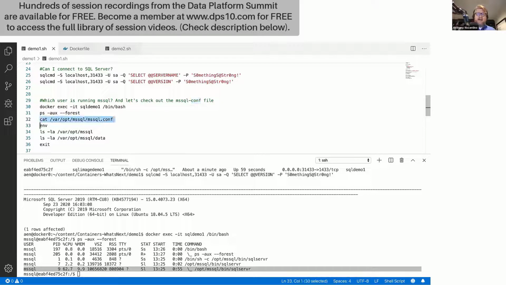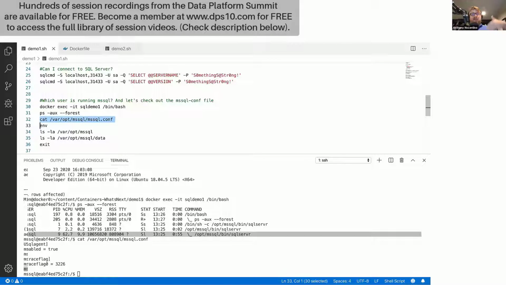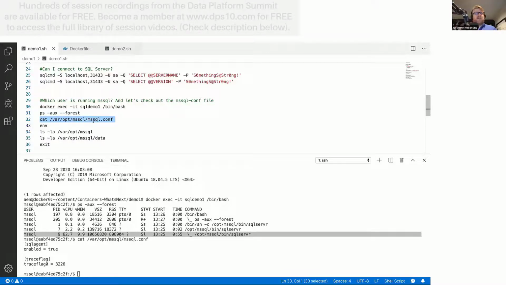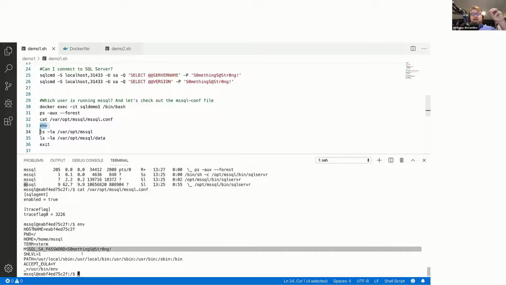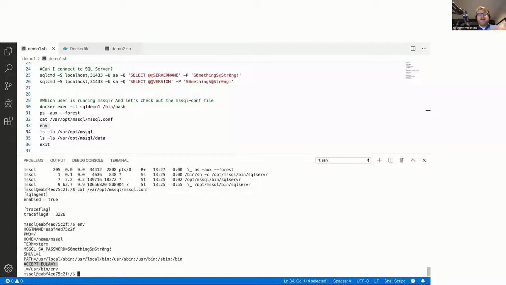So we can see how SQL Server sees that configuration. Those commands that were executed during the build write this file out. This file is read when SQL Server starts up. I also want to show you how environment variables are set. If you type env, we can see that at runtime, the process can see our SA password and also has our EULA. Any environment variable can be exposed and read by processes running in this application.